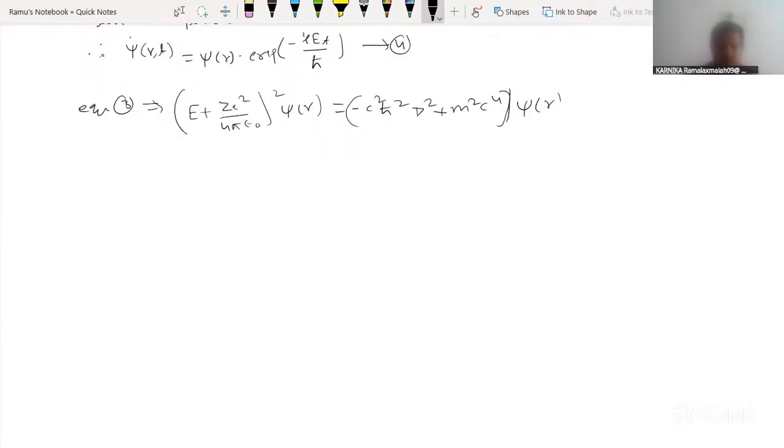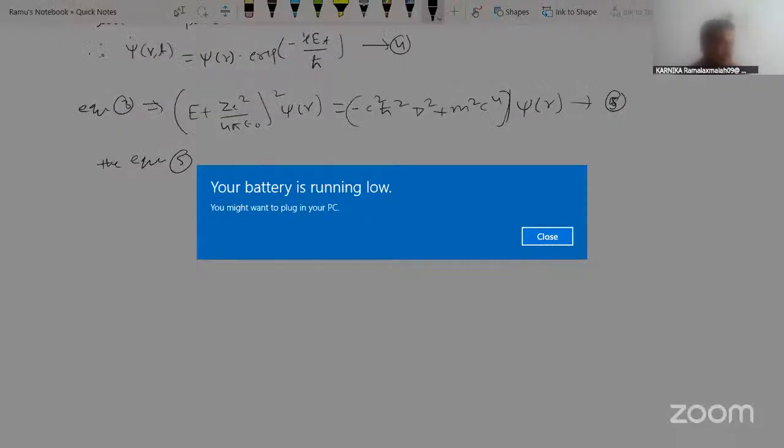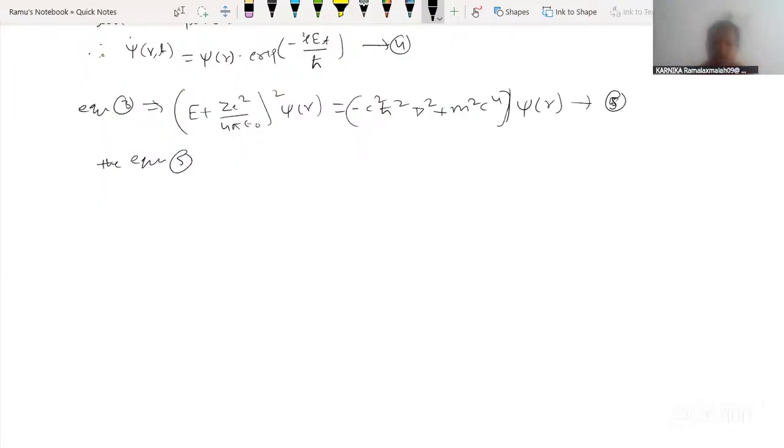This is equation 5. Equation 5 can be solved by